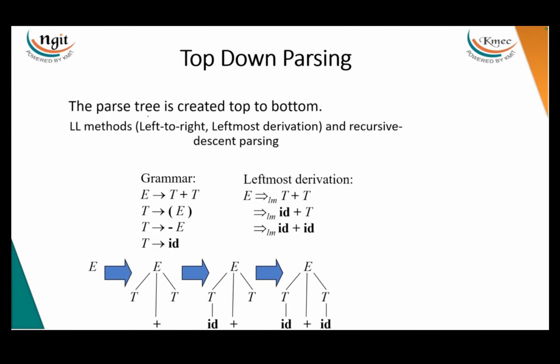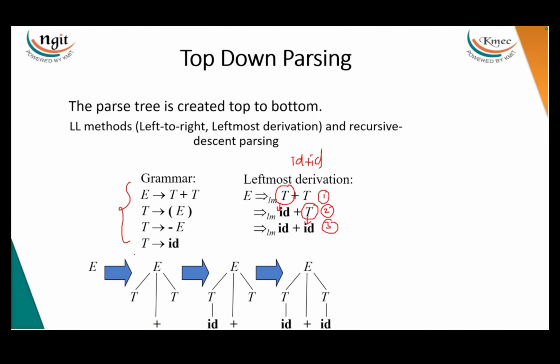See, the parser is constructed from top to bottom, like left to right, with leftmost derivation and recursive descent parser, which we have discussed. For example, this is a grammar, and if you are given the string ID plus ID, then in leftmost derivation, first we have to substitute T plus T, and this is the leftmost non-terminal, and we have to replace it with the ID. Out of these three, this is the only leftmost non-terminal, and we can replace it with the ID. So the sequence of productions we have used here is going to be utilized while constructing the parser